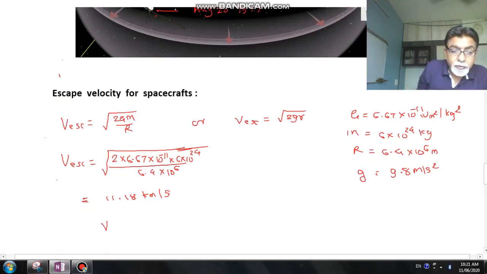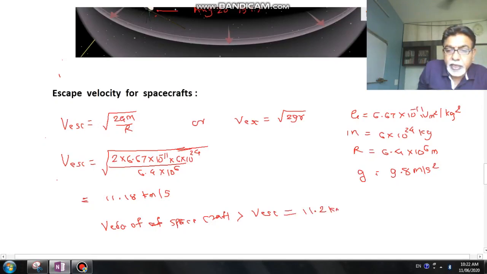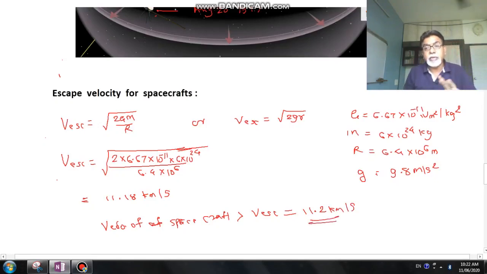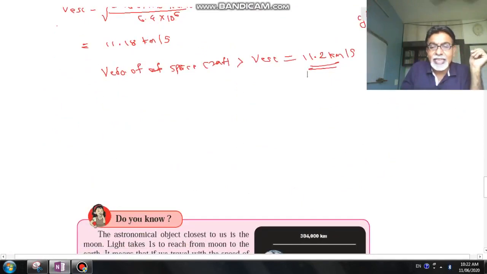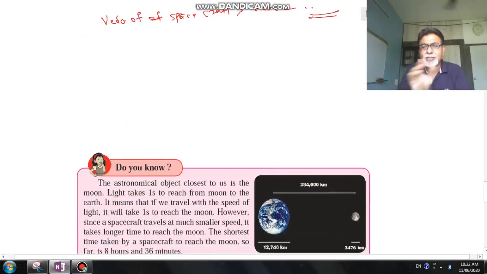Means the velocity of the spacecraft is greater than this V escape, so it should be approximately or at least 11.2 kilometer per second. The velocity of the spacecraft should be this much so that it can go into outer space. Okay, one interesting thing: the closest heavenly body to us is definitely our moon,